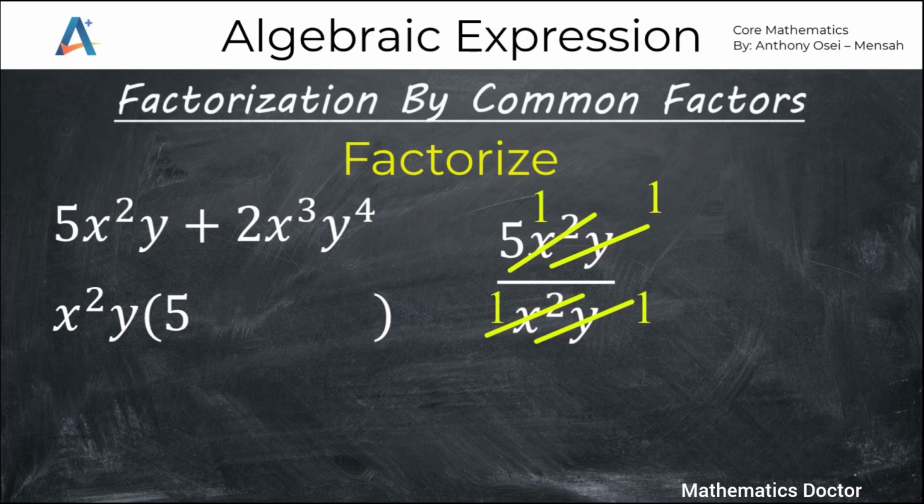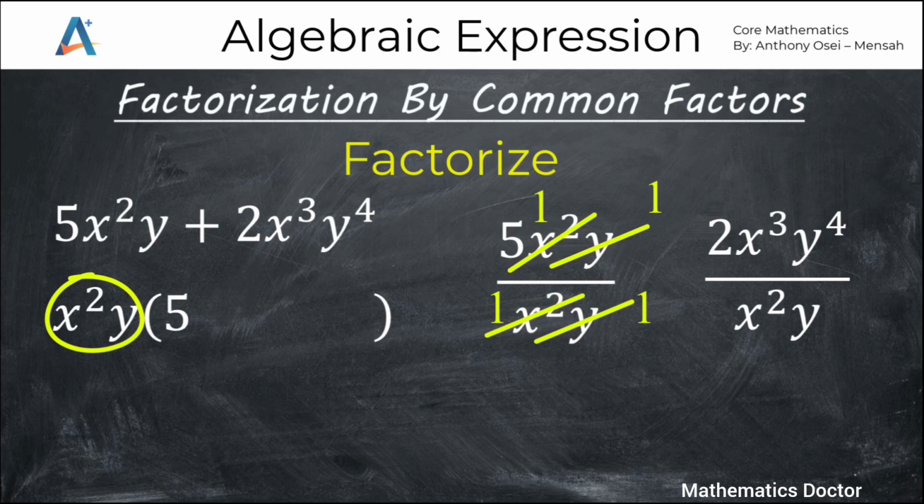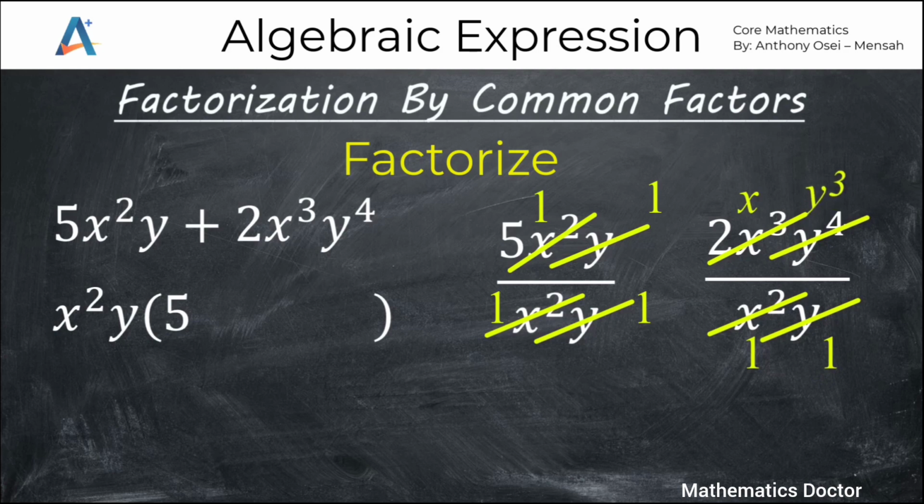Now let's go to the next term, which is 2x cubed y raised to the power 4. We'll divide it by the common factor, which is x squared y. Now x squared will cancel itself 1 and cancel x cubed x. Then y will cancel itself 1 and cancel y raised to the power 4, y raised to the power 3. Checking the numerator side, we have 2 multiplying x multiplying y cubed. So we have 2xy cubed. The denominator has nothing there. So the answer here will be 2xy cubed. Let's transport it. So positive